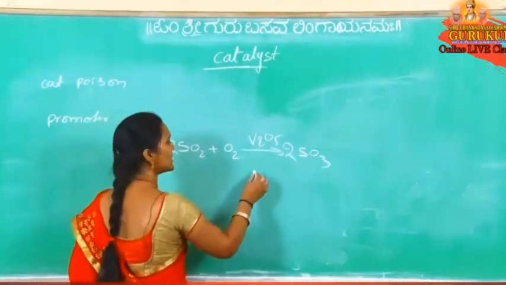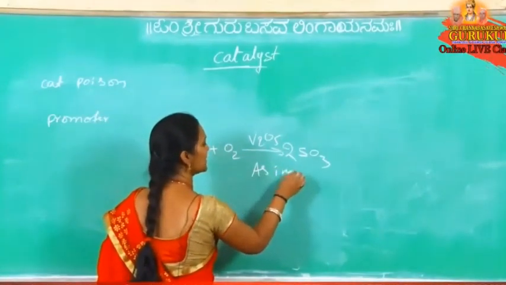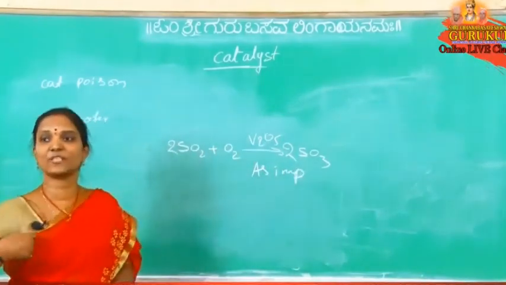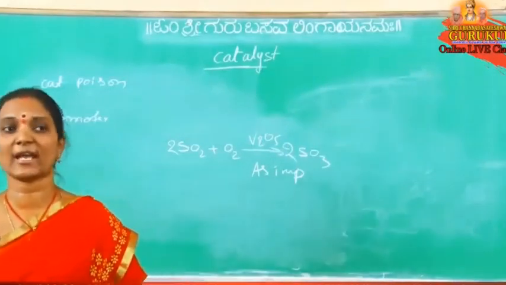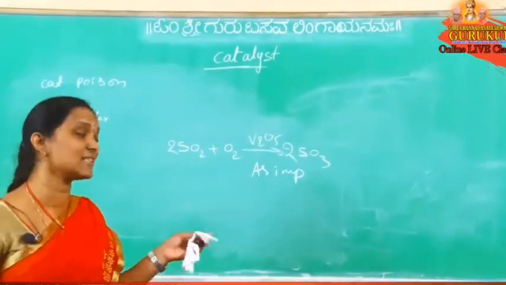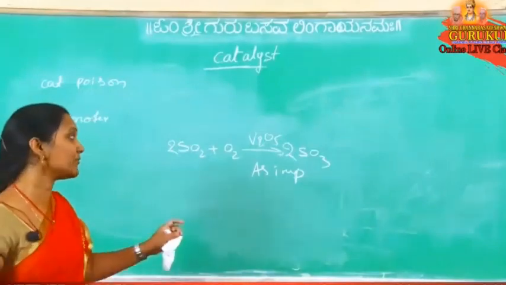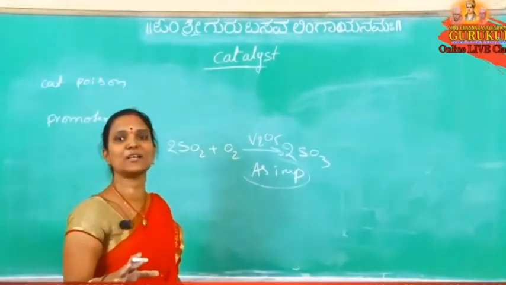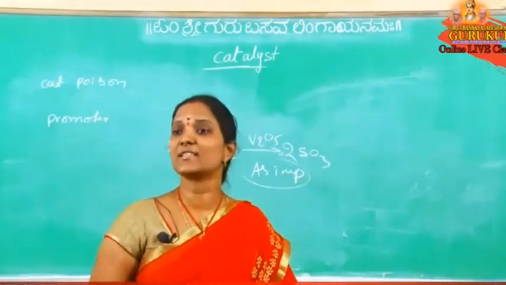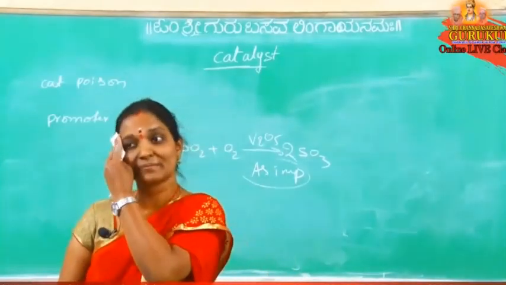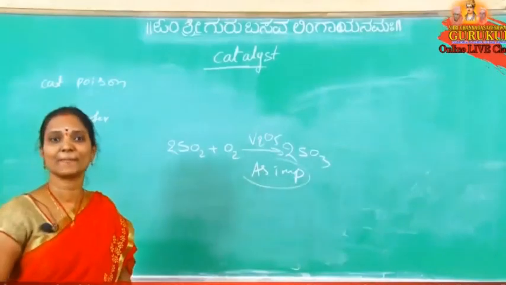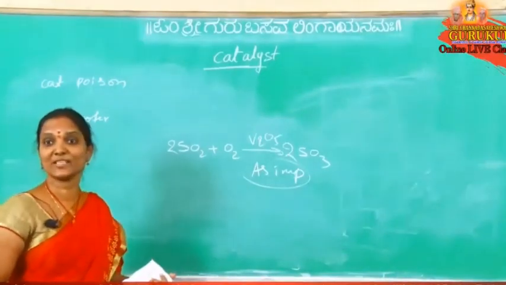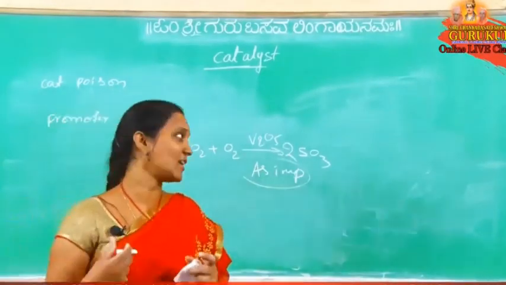Okay. In this process, if arsenic impurities are present, it decreases the activity of the catalyst. It decreases the activity of the catalyst if arsenic impurity is present. That's why before this reaction, first we should remove the arsenic impurities. These arsenic impurities are removed by using, what are we using here? Ferric hydroxide. Answered or not?